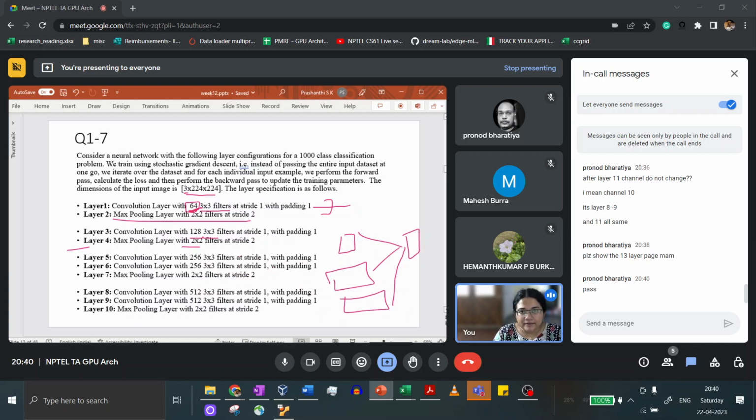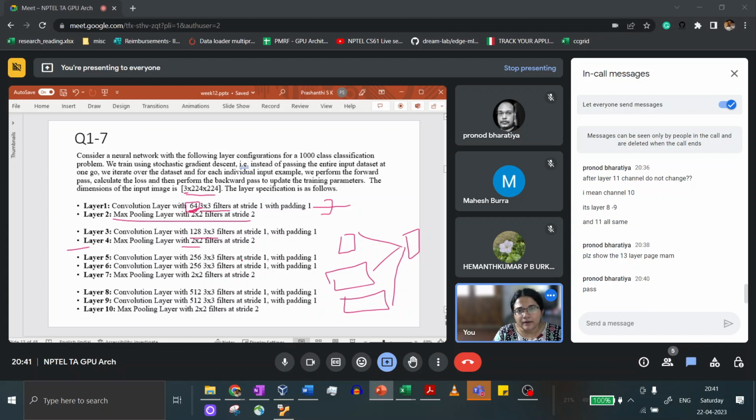So what did we learn from the first convolution and max pooling set of layers? We learned that the number of channels will be equal to the number of filters that you see, and the dimensions may or may not change, right? Whereas with the max pooling layer, you saw that the dimensions would change and the number of channels would remain constant. So you need to use that information here.